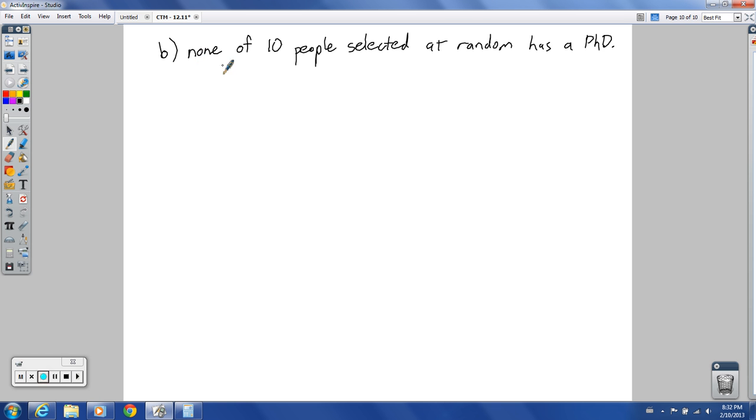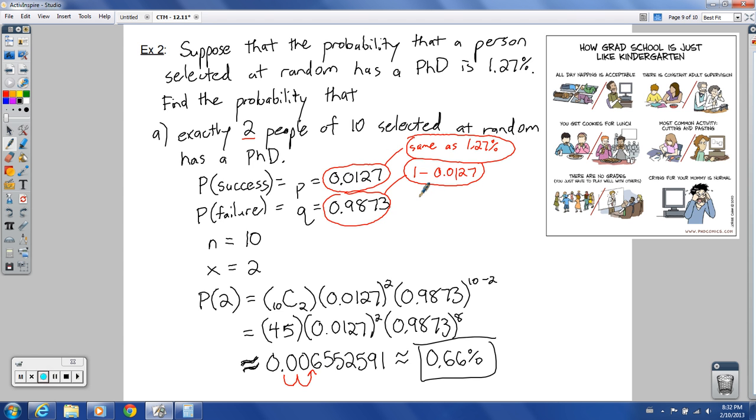So that would be x equals 0. So the probability of nothing, nobody, none, nada, what else, nil. I'm out of synonyms for 0. Okay, so 10 choose 0, and then you have still that same percentage, still that same decimal point,